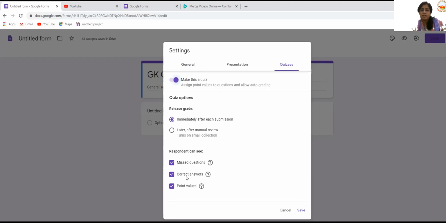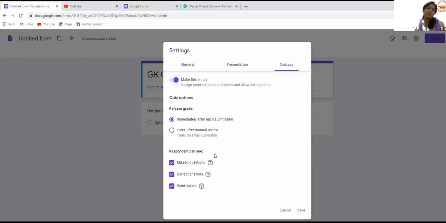And correct answers, yes, we have to take in. Missed questions, even if they have missed any, they can go back and check again after submission. So we check these, and the respondents can see missed questions, correct answers, and point values. It will appear to them only after they submit the test paper.